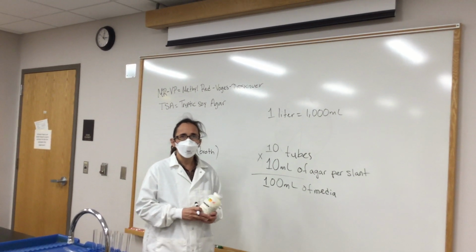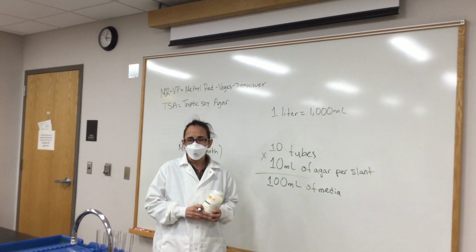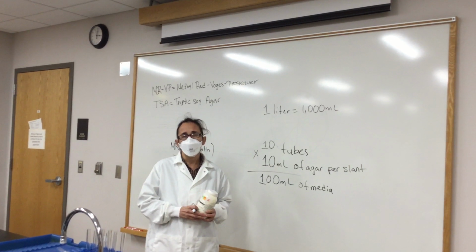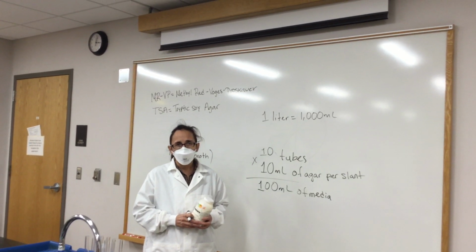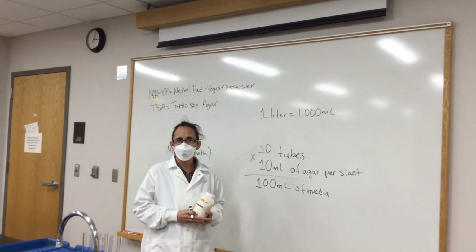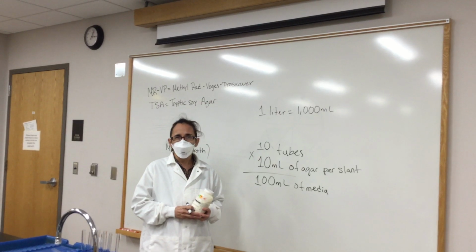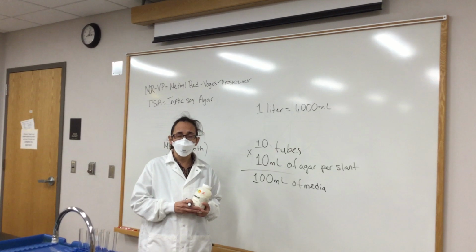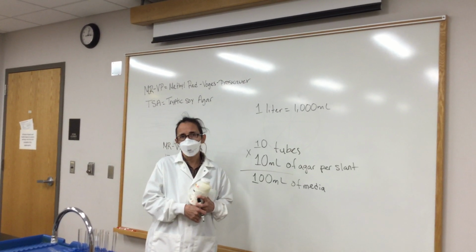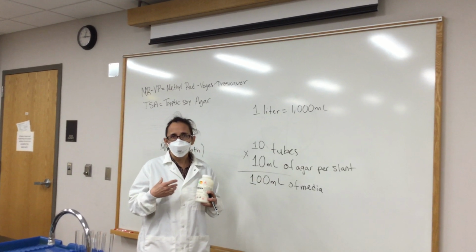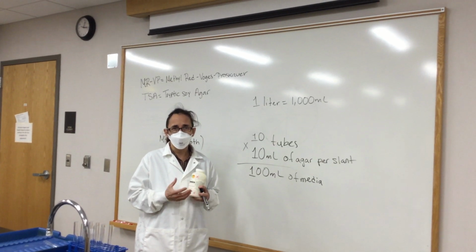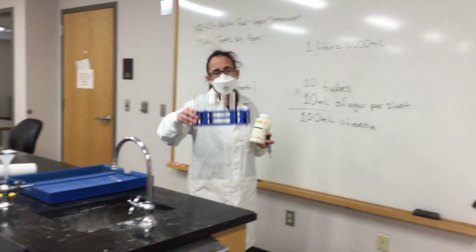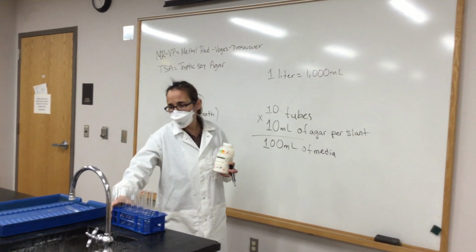In this video I'm going to explain how to make media, and you will be making around 100 milliliters of broth or agar. In order to prepare media for growing microorganisms, you have to take into account how much media you will be needing. So in this case, we're going to prepare, for this demonstration, solid media, which is going to be agar, and this agar is going to be placed on these test tubes, and they're going to be laid